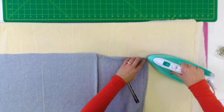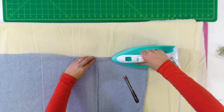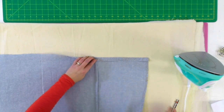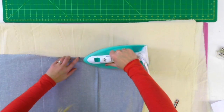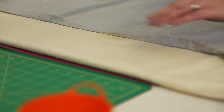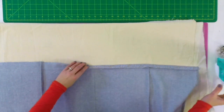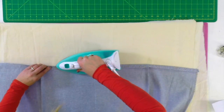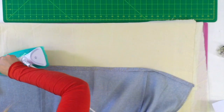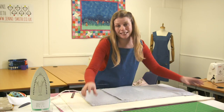So first of all, we'll press a 1/2 inch hem all the way across the bottom. Just checking that as we go. And then we do another turn, and this time we've made it a little bit deeper, just so that the